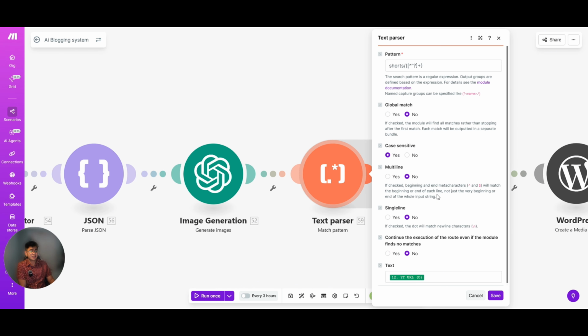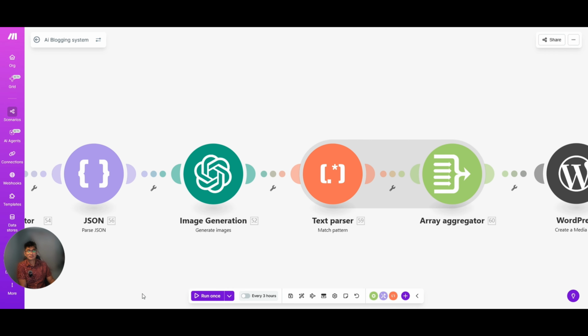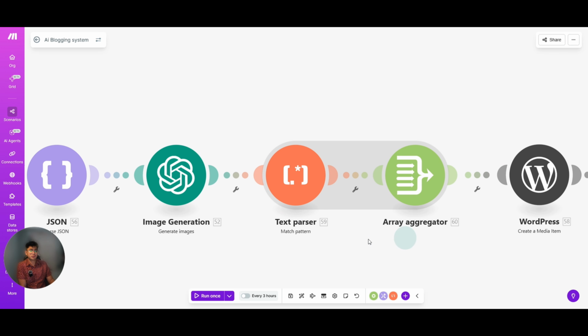Now for this text parser, which I also added. After this image generation module, I also added these two additional modules, the text parser and array aggregator. This is another polished step that makes the blog post instantly more valuable. We already have the YouTube Shorts link from part 2, and